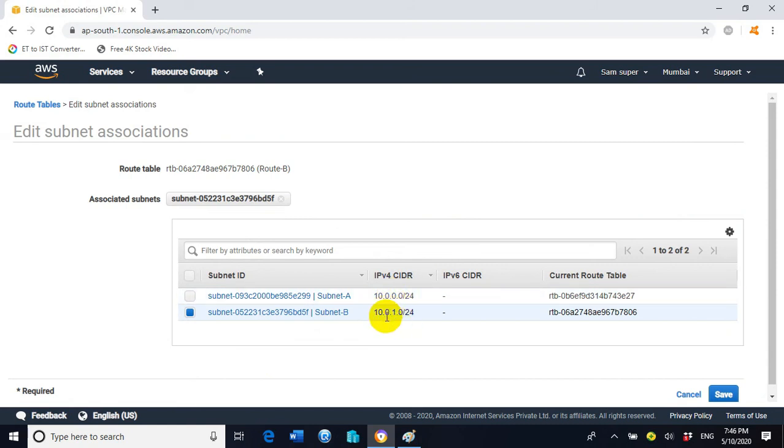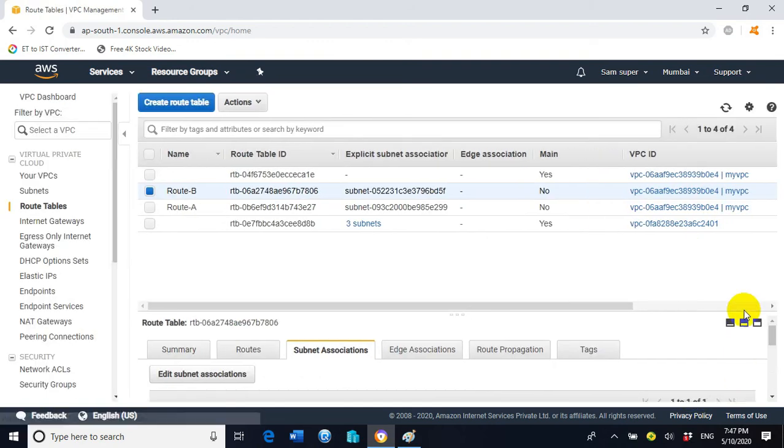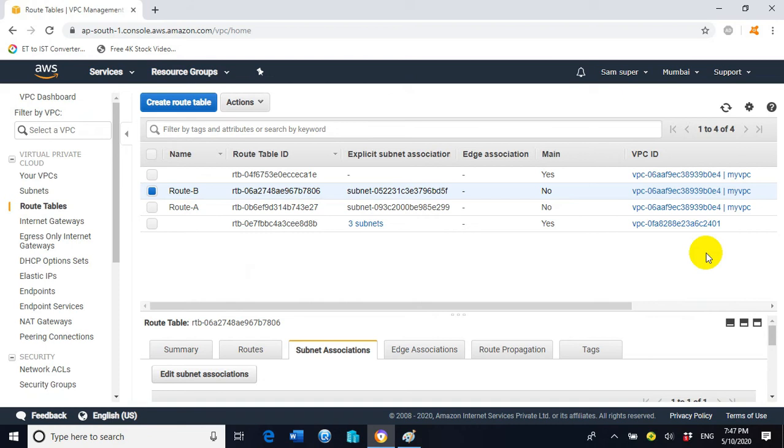The CIDR for subnet B is different from the CIDR of subnet A, because in 10.0.1 the third octet is 1, and in the case of subnet A the third octet is 0. So both are different from each other. Now click on cancel. My intention was just to show you the difference here.